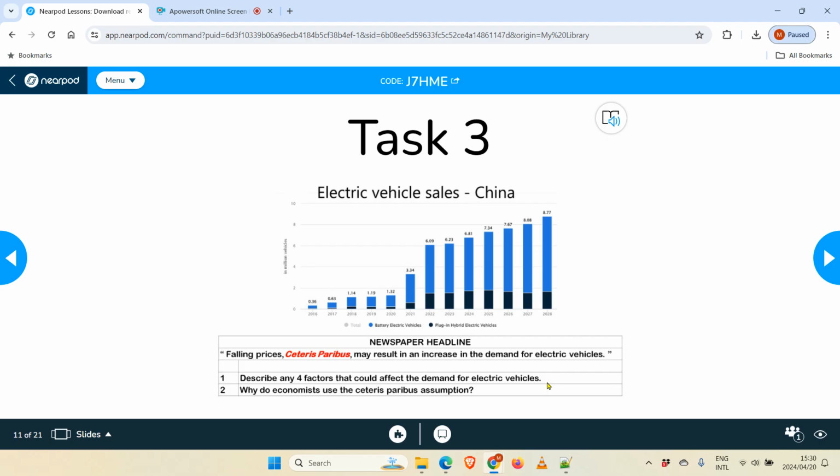So for the first question, I want my students to identify any 4 factors that may have an effect on the demand for electric vehicles. Now, what the students will find is that there are a number of factors that could affect the demand for electric vehicles. So, question number 2 then would be for them to find out why we need to use this